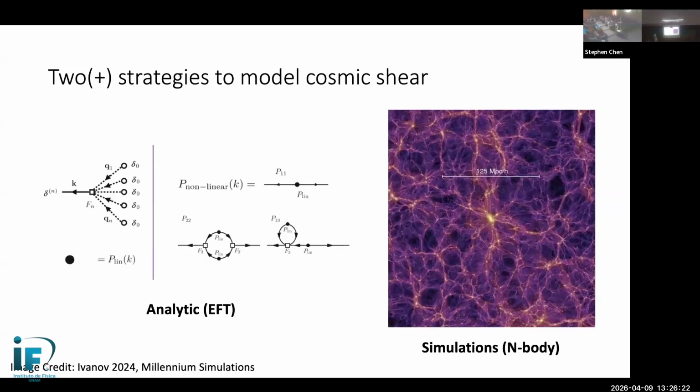But just to summarize, those are a lot of words. Pictorially, what I mean is that in one approach, we're computing these loop diagrams order by order, from zero loops to one loop to two loops, and so on and so forth, by taking into account the nonlinear clustering, the nonlinear couplings induced by gravity. Whereas when running an N-body simulation, we capture all of these nonlinearities in one step, and you can immediately form this very nonlinear structure. But of course, at the cost of being very expensive from a CPU perspective.